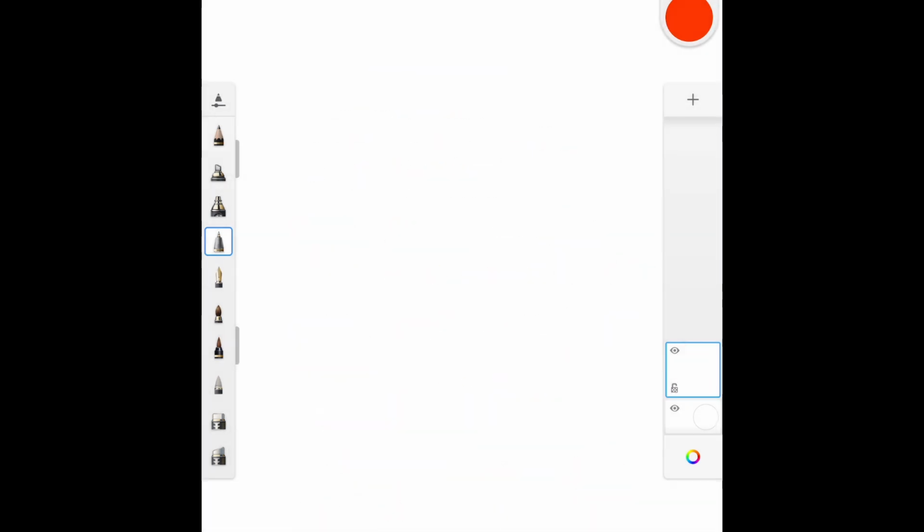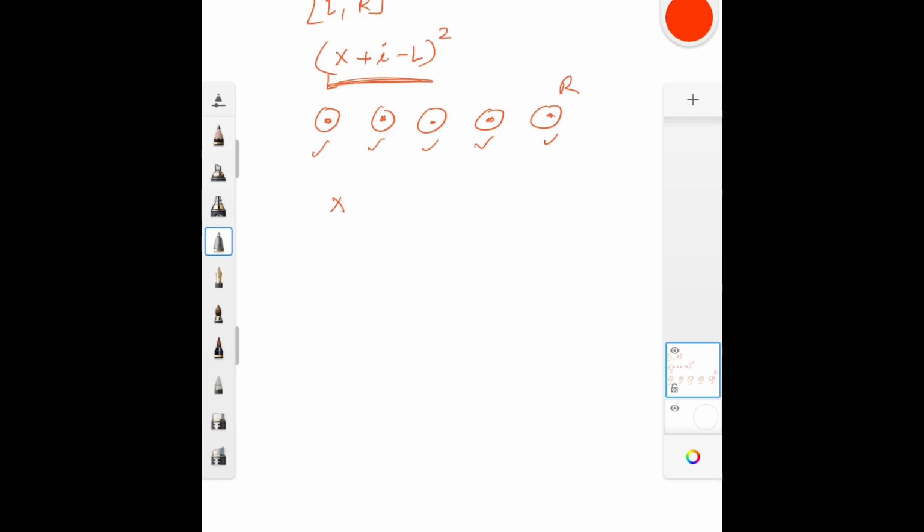Now in our query it says for L to R, first query is modify and you add (x plus i minus L) whole square. So it looks like for the first element it will add something, and then for the second it will add something different. So everywhere it will add something different, right? And now we want to do this query quickly, in the order of log n. All the queries I mentioned till now for the segment tree are to be processed in order of log n. Now how do I achieve this is, if you play around with the expression a bit.